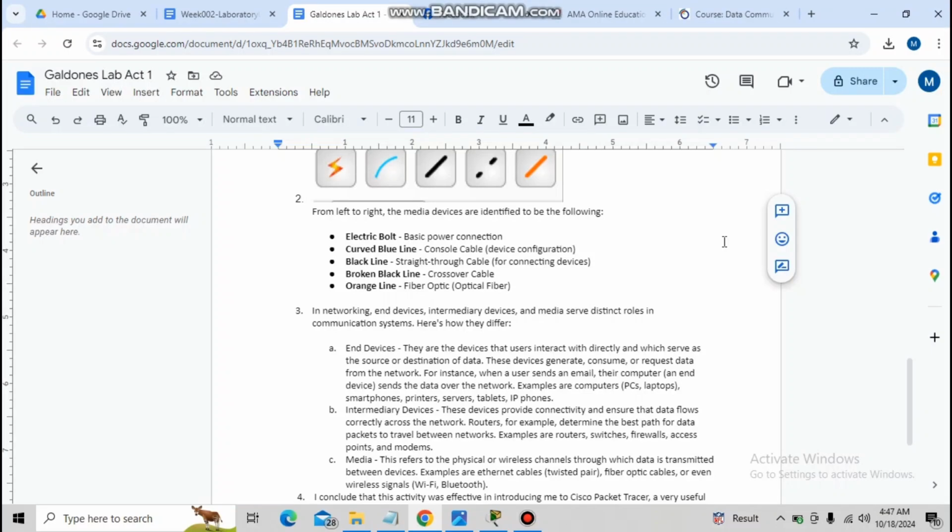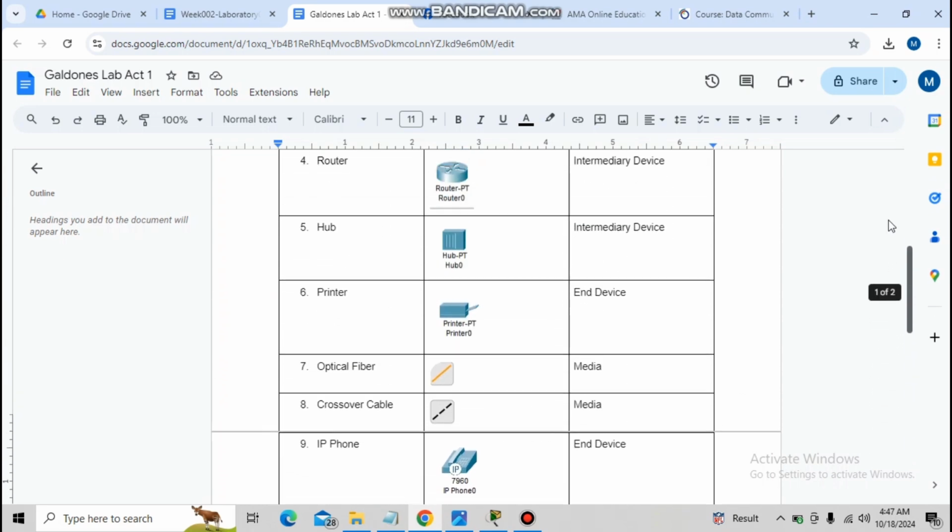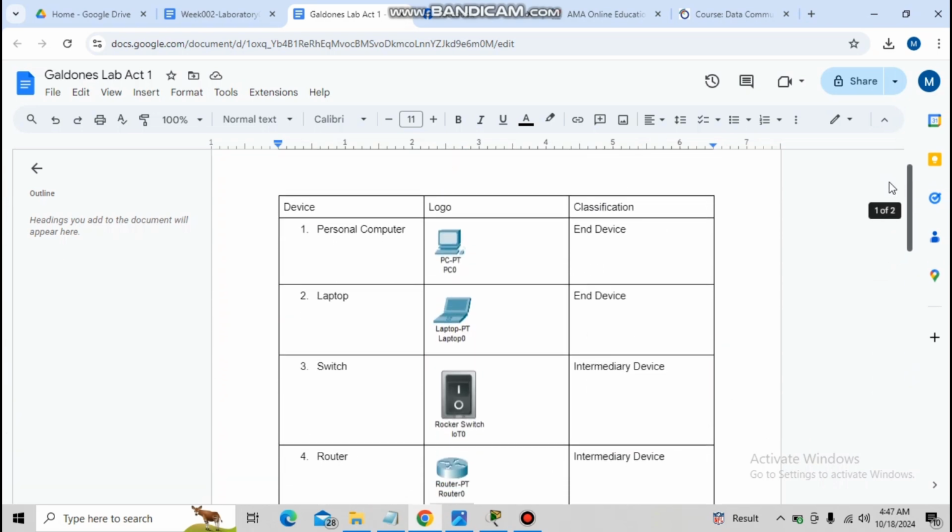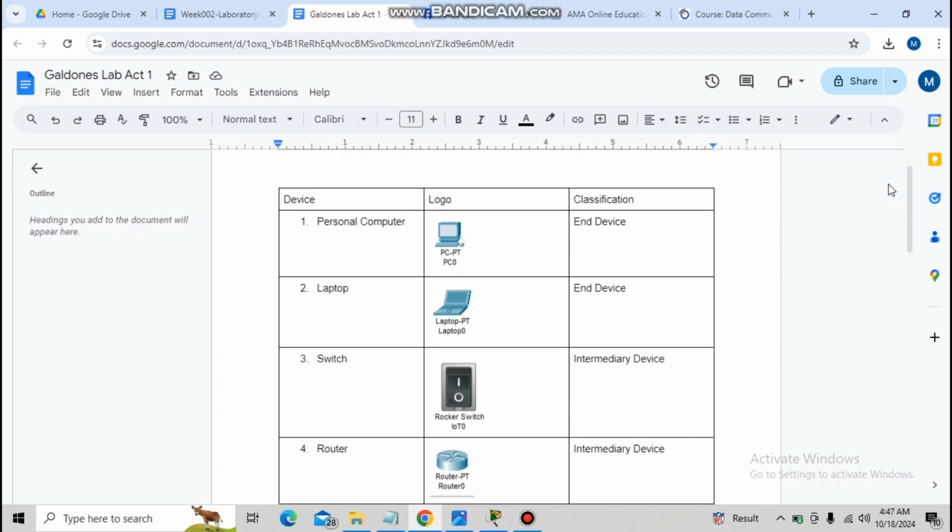Good day, I am Miguel Goldones, and this is my documentation for my first laboratory activity in the course Data Communications and Networking 1. Now, there are a multitude of tasks being asked for me to do in this laboratory activity, and of course, I have already done them as seen in this Word document that I'm going to pass in the submission portal. But for the sake of documentation purposes, I will still try to execute the activity in